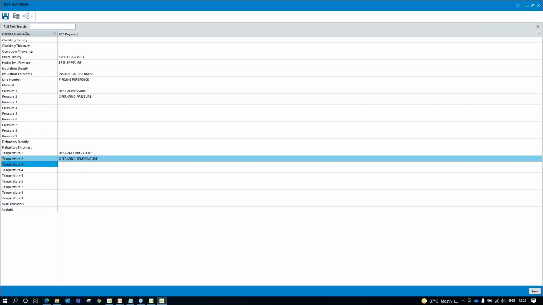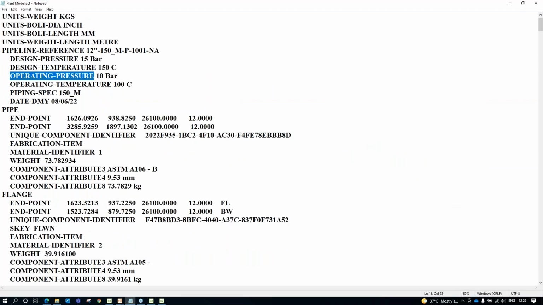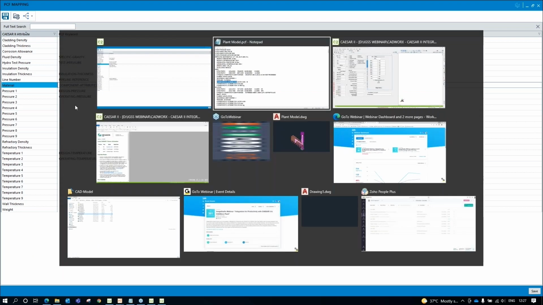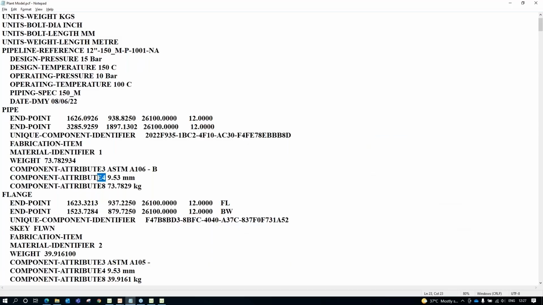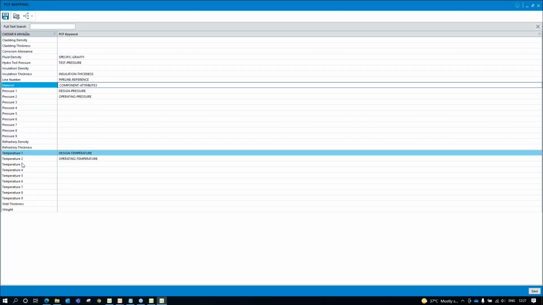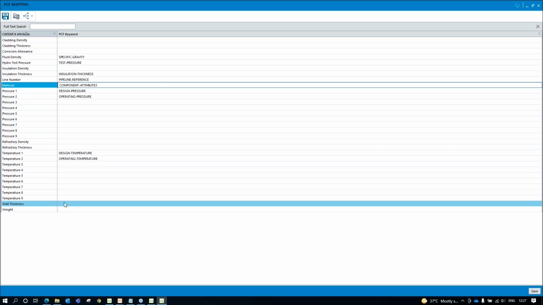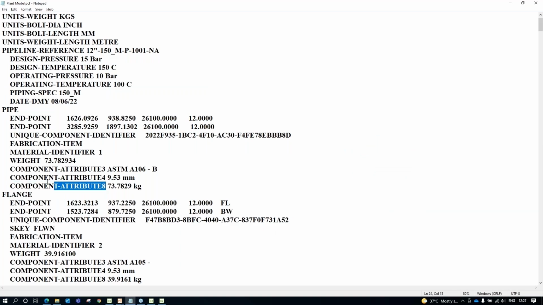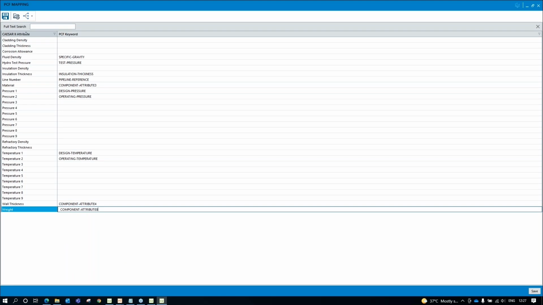And what are the other details you want? I want to have my material. So component attribute 3 is for my material of my system. So here under material, I'll put it as component attribute 3. Next, I want to have my thickness. That is my wall thickness. So component attribute 4, where is my thickness? Here I have this wall thickness. So I just put it as wall thickness. And weight, component attribute 8. So for each and every component, what are the attributes you are using? Just put those details here straight away